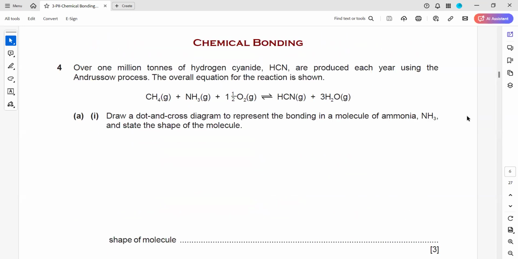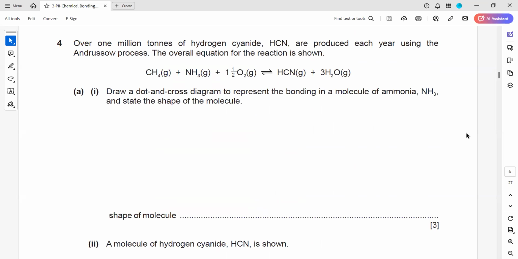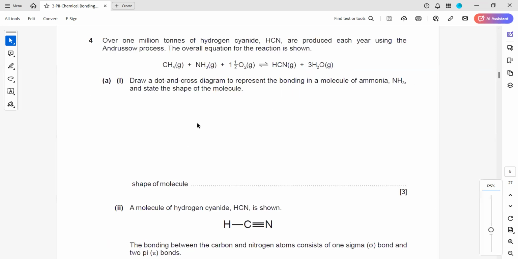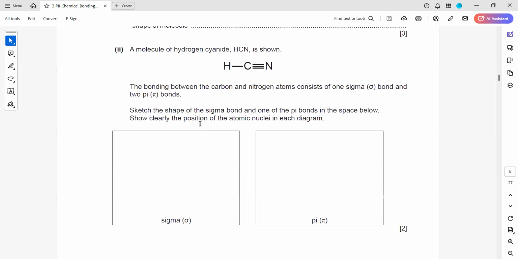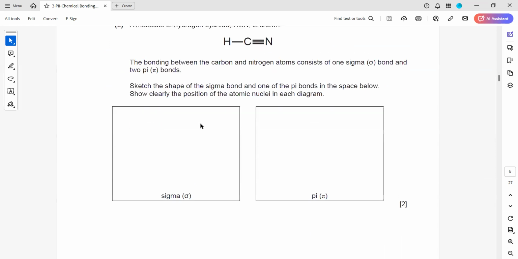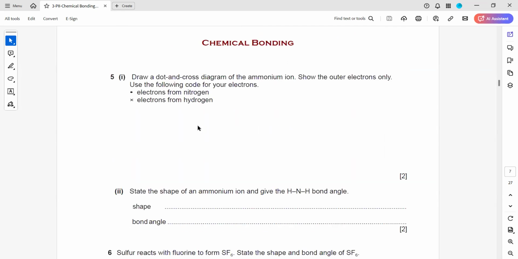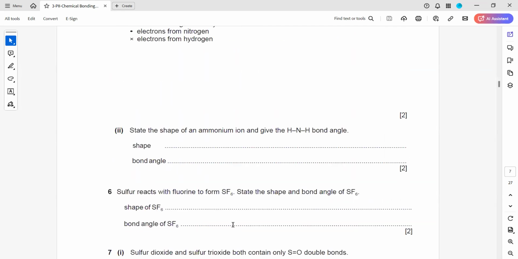Page number 6, any doubt on page 6? Page 6, any question or a doubt? Page 6, page 7, diagram part,